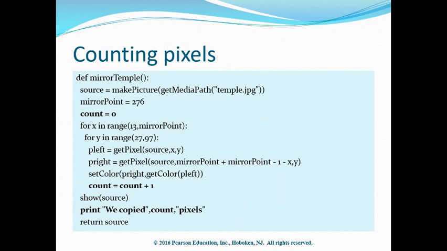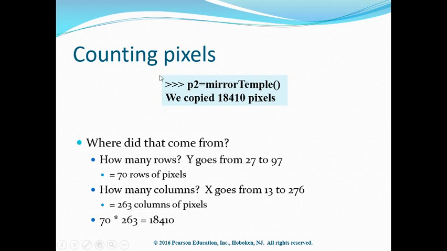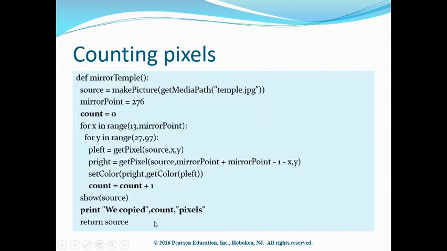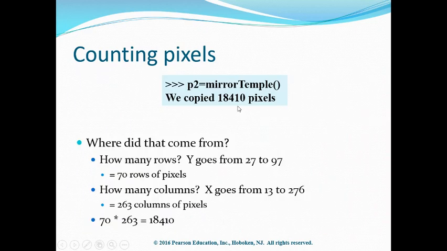So counting pixels. One thing that we can do is add print statements and counts, so we know how many pixels we're actually going through. We know as a class that there's a different way to actually get the number of pixels that are there, right? But this gives us a method that we can count as we go through our for loop. So we set count equal to 0 here, and then we have count equals count plus 1 inside the y range. And if we print that out at the end, where we print out we copied, comma, count, it's going to print we copied, then the count, then the pixels. And it says we copied